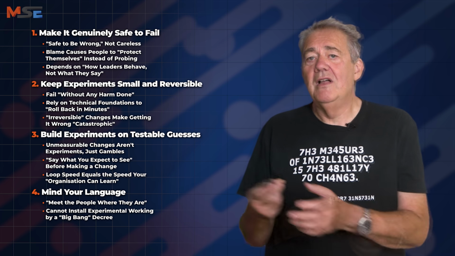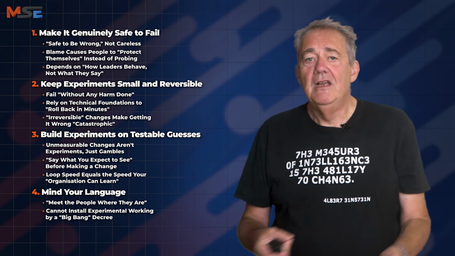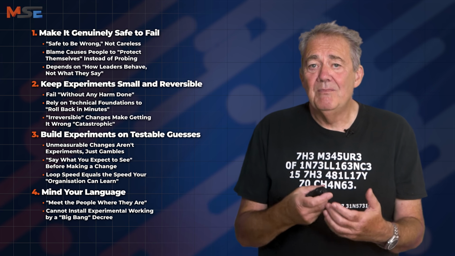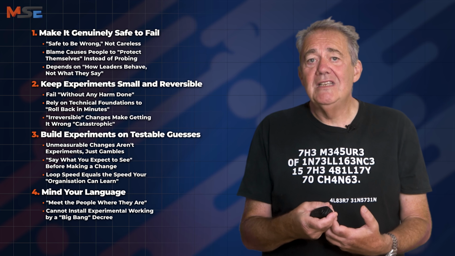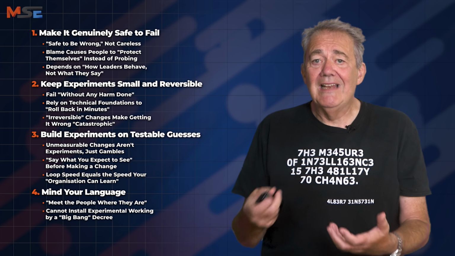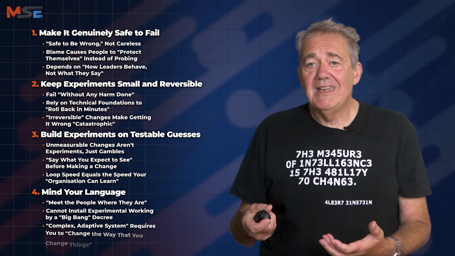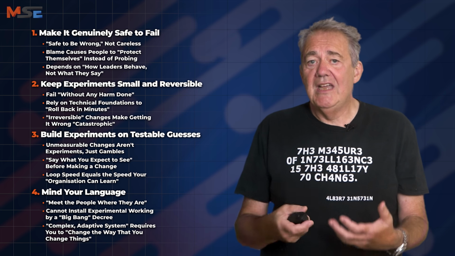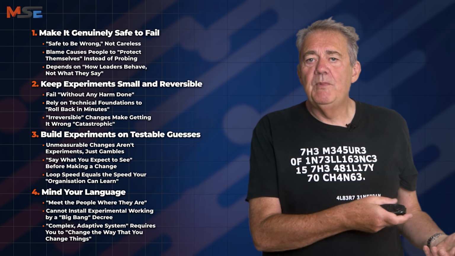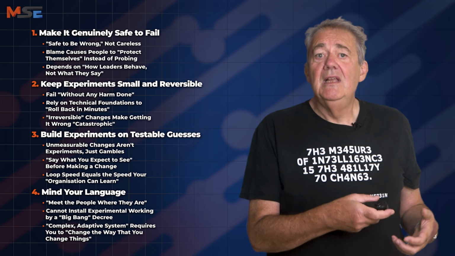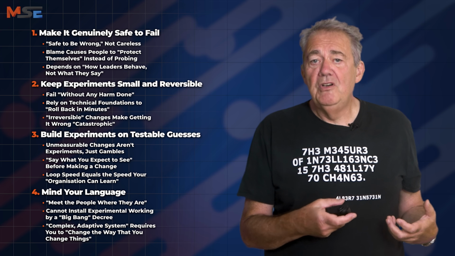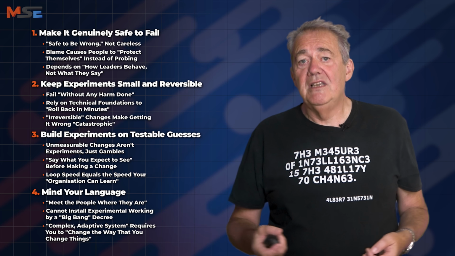You can't write a 12-step plan, set a deadline, and roll it out across the organisation as a big bang. Because that's the exact mistake that we started with. It treats adopting experimentation as a simple, predictable problem, when in reality your organisation is a complex adaptive system. So you have to change the way that you change things. Start with one team, run one real experiment, learn from it in the open, and then let the evidence pull the next step forwards. You adopt continuous improvement by continuously improving.